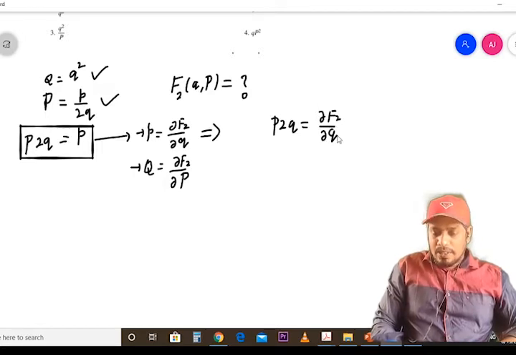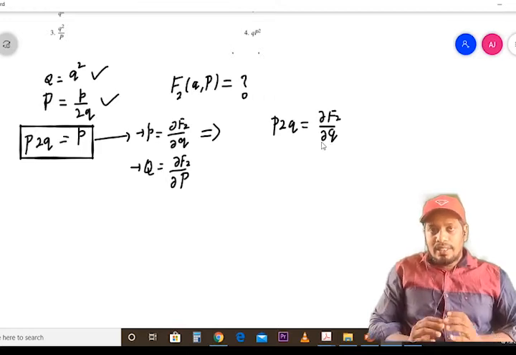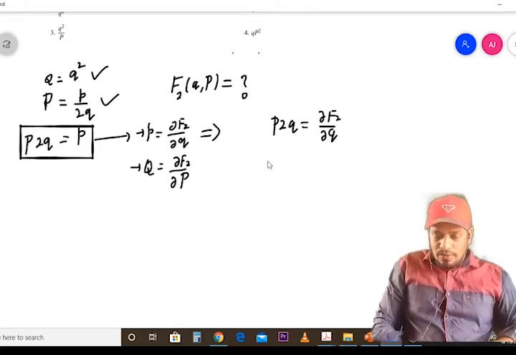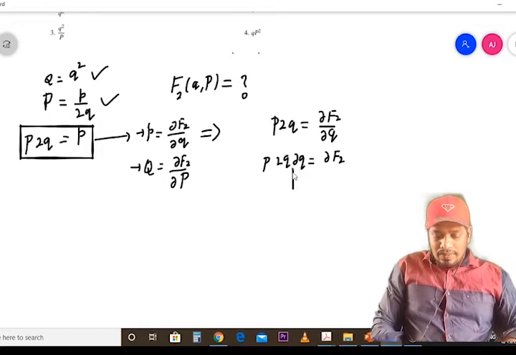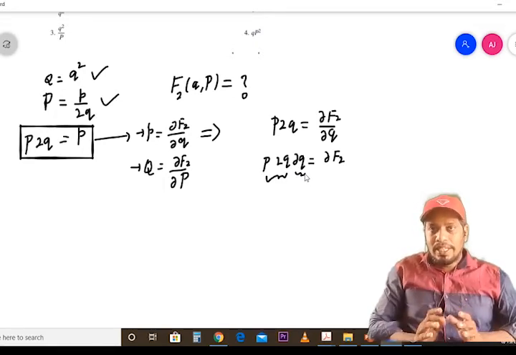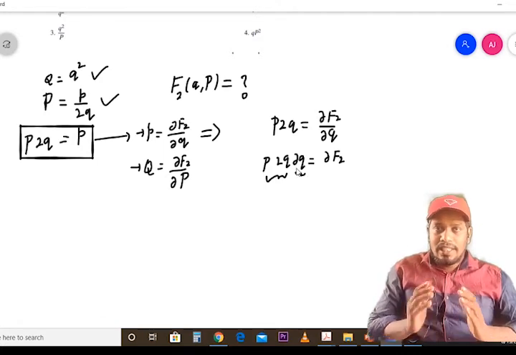Now what we can do is multiply the whole equation by dou q, then integrate. If I multiply dou q on both sides, on the left hand side we have capital P times 2q into dou q. On the right hand side the dou q gets cancelled, leaving dou F2. If you look at the left hand side, its integrand is a function of q, so the integrating factor is simply dq. No need of partial derivative. Just take the integration.